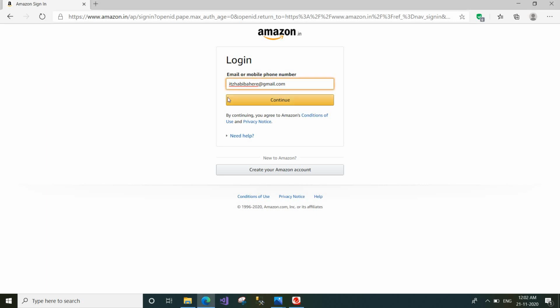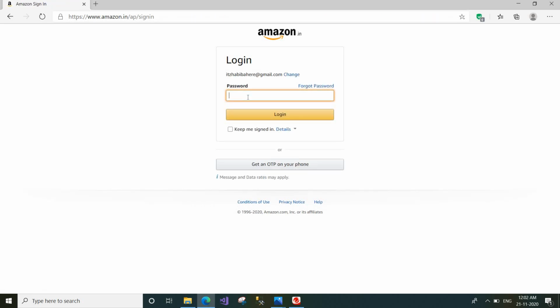You can give your email address or mobile number here and click continue. Remember the password you set while creating the user ID. Using email ID you can log in, or you can log in using your mobile number also.